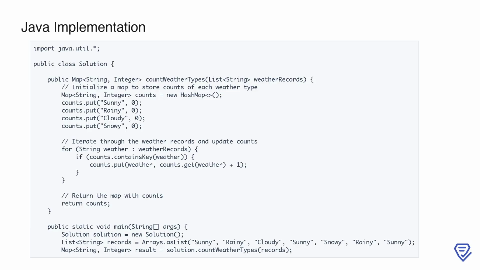Inside this class, we have the method countWeatherTypes, which takes a list of weather records as input. The goal of this method is to calculate how many times each weather type appears in the list. To do this, we first initialize a hash map called counts, with keys representing the weather types sunny, rainy, cloudy, and snowy, and their initial values set to 0. This ensures that we start counting with a baseline for each type, even if a particular type doesn't appear in